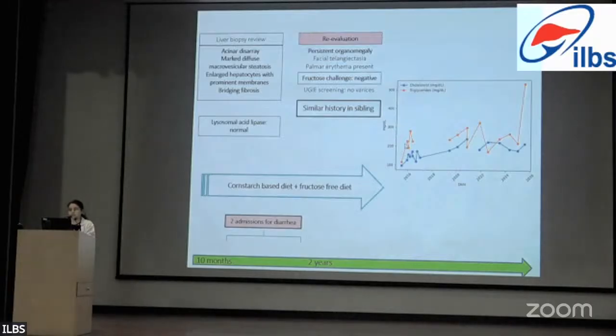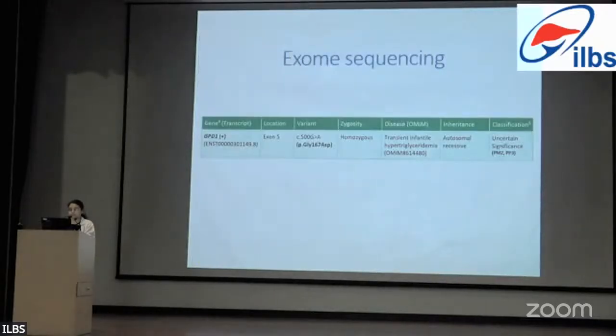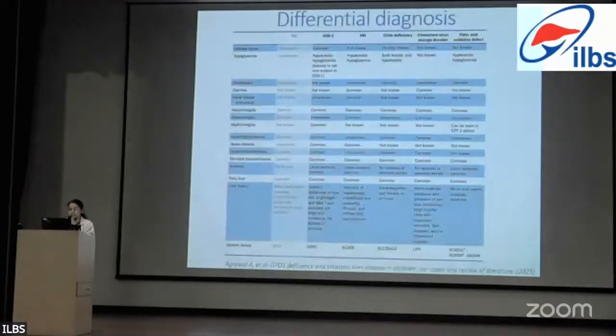Over the course of his follow-up, it was noted that he had persistently elevated cholesterol levels and significantly raised triglyceride levels on follow-up in the range of 150 and going up to 520. On his genetic evaluation, the defect found was GPD1 deficiency, which was a missense mutation in exon 5, labeled as a variant of uncertain significance in this case.